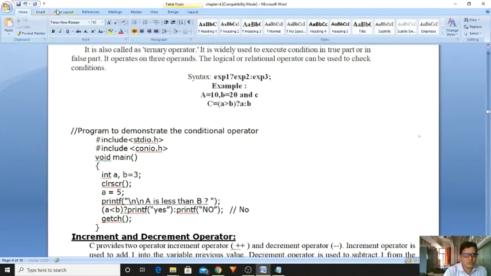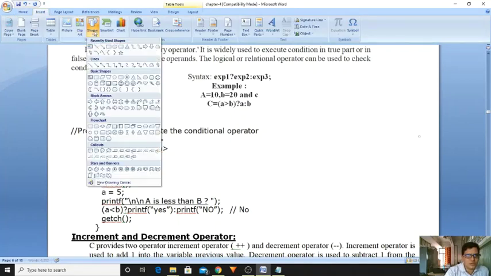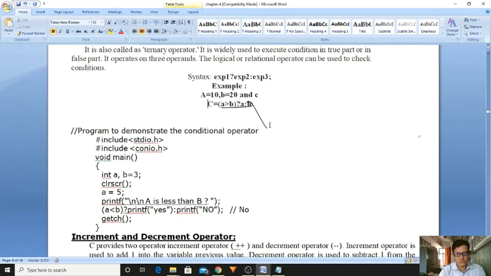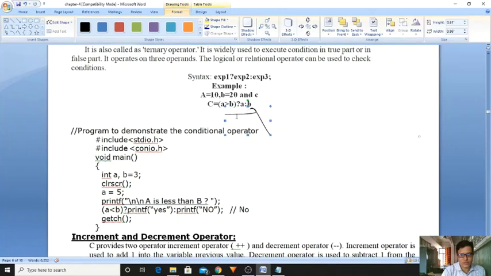If the condition is false, then what will it take? It takes the value of b. Why? Because the condition is false.